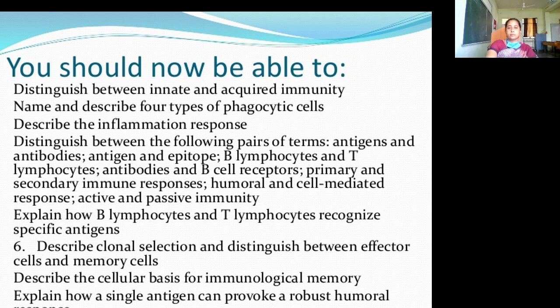After completing this review of immune system, you will be able to know what is immunity and types of the immunity, what are the cells involved in the immune system, how it works, and differences between the antigen and antibody and inflammatory reactions and clonal selection of the antibodies and memory cells and types of the antibodies.